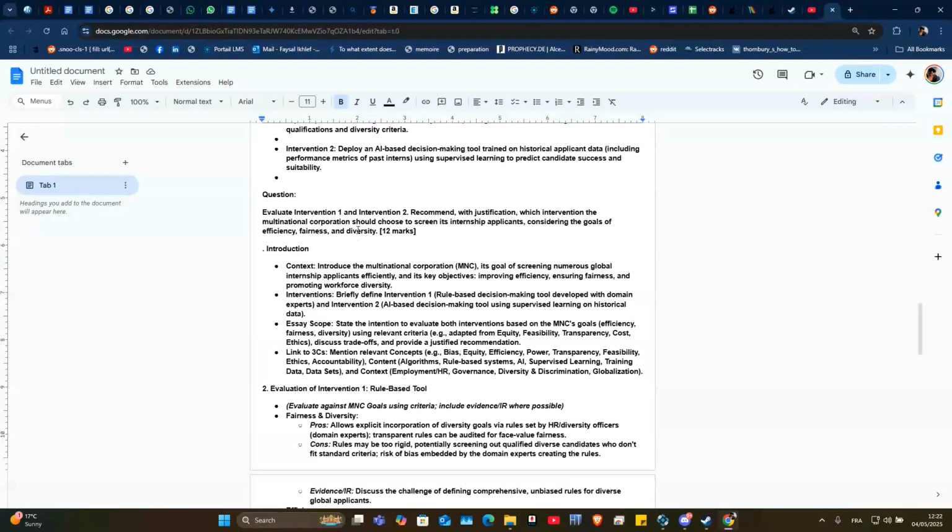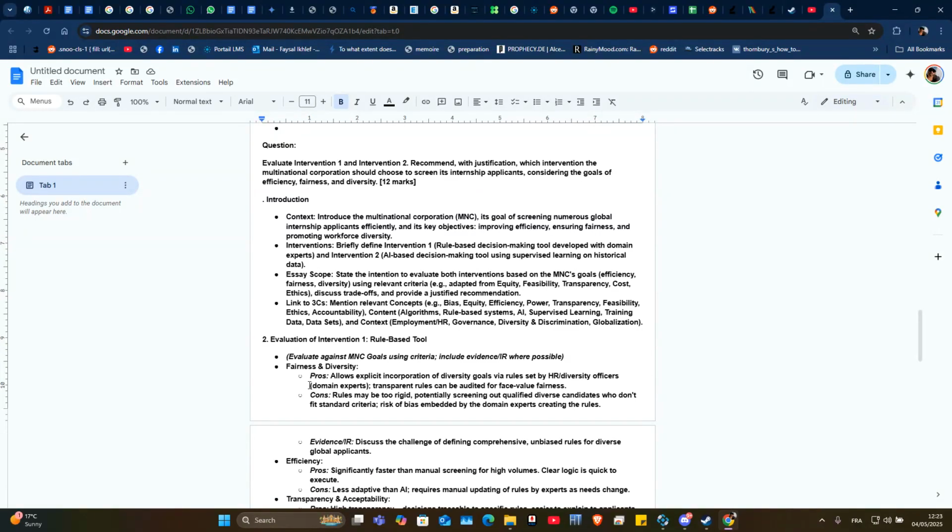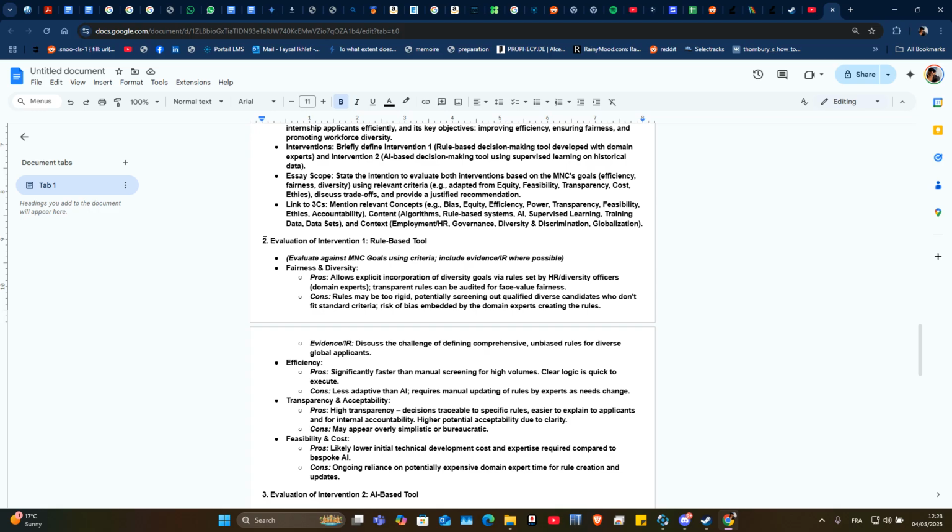So, again, you are going to see a lot of similarities. Introduction: set the scene, introduce this company, why is it using this, define the technical systems behind intervention 1, behind intervention 2, find the concepts that you like: ethics, power, change, identity, expression. You're free here. And then you focus on and use headings.